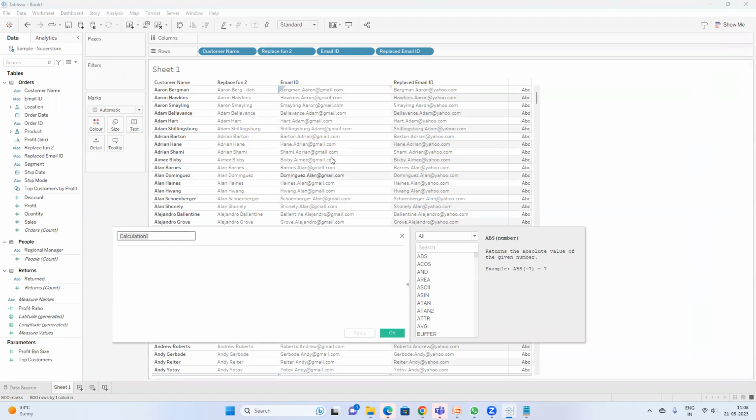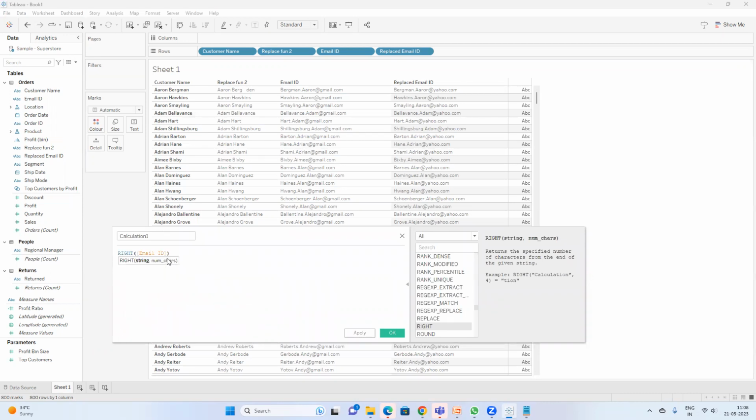So I want to see what is the email ID or what are the last 4 or 5 digits. Let's say this email ID is ending with gmail.com and these email IDs are ending with yahoo.com. So I want to get the last name. Whether it is Gmail or Yahoo, I want to know that. To know that information, I will use the right function,